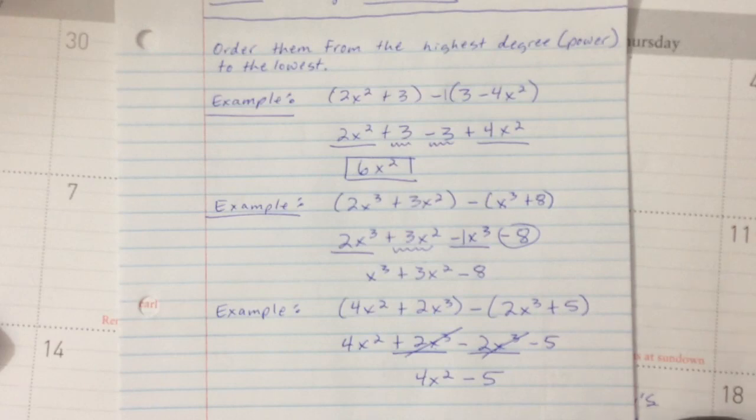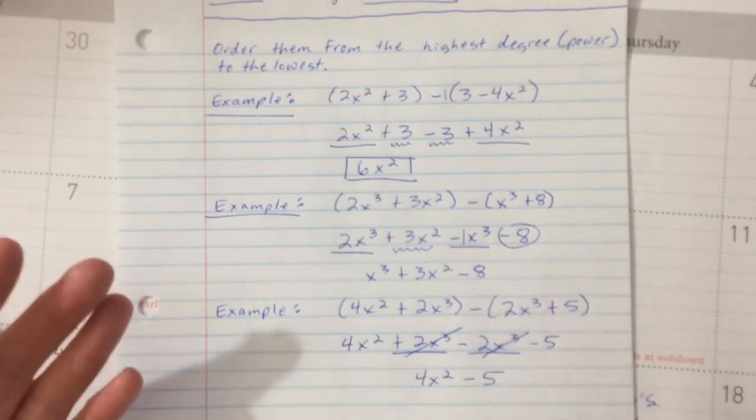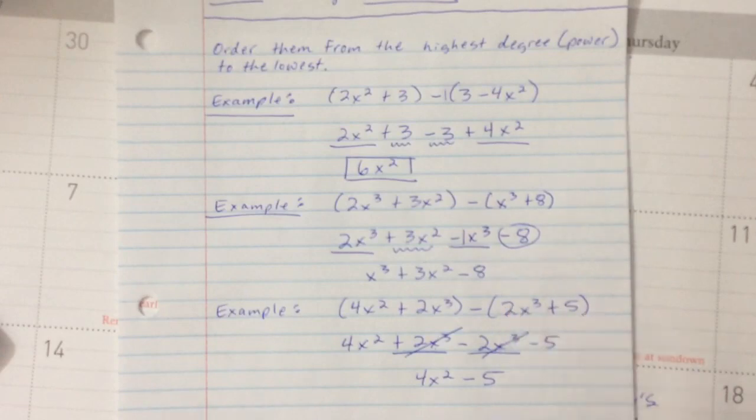I think that about does it. So that is what you need to do if you have a subtraction in front of parentheses. You need to distribute the -1 by essentially flipping the sign on everything inside the parentheses. That'll do it for subtracting